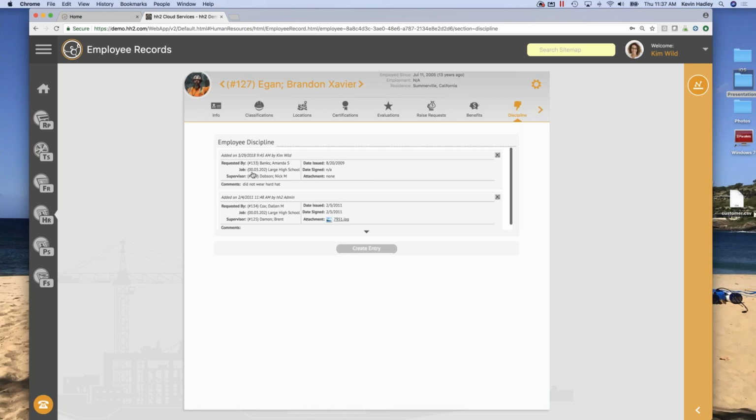And you'll see right here that this particular one was added back on 3/29 of 2018 by Kim. It was done for Amanda. It was requested by Amanda Banks on behalf of Brandon. The job was the large high school. The supervisor was Nick, and this is when it was issued.